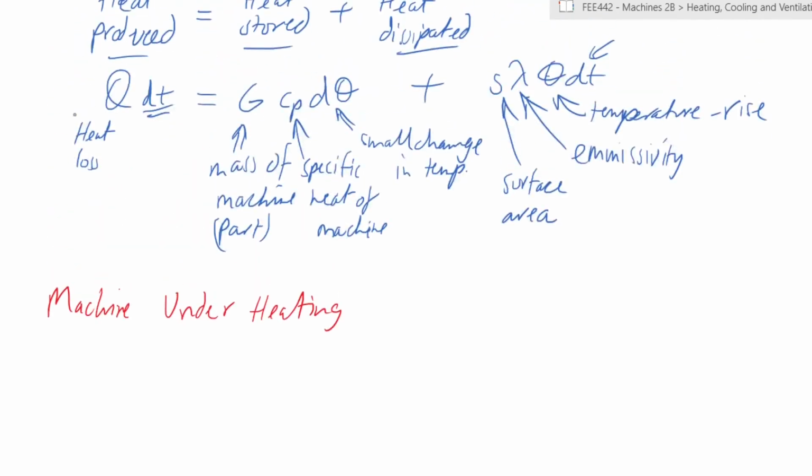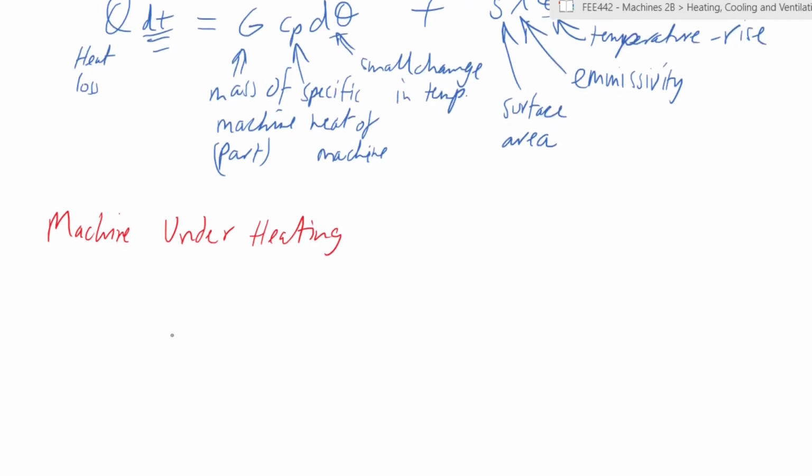So a machine under heating is a machine that has started operating, and as it continues to operate, the heat losses gradually increase and it experiences a heating phenomenon, right? Now, from this expression, where you have heat loss over a small period of time, leading to a change in temperature and a certain dissipation of heat,